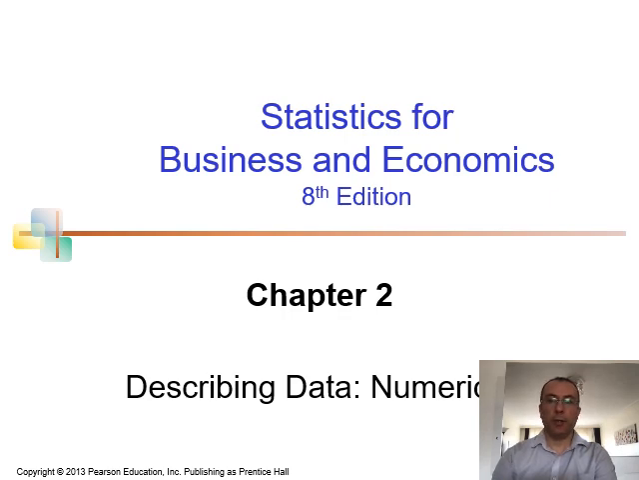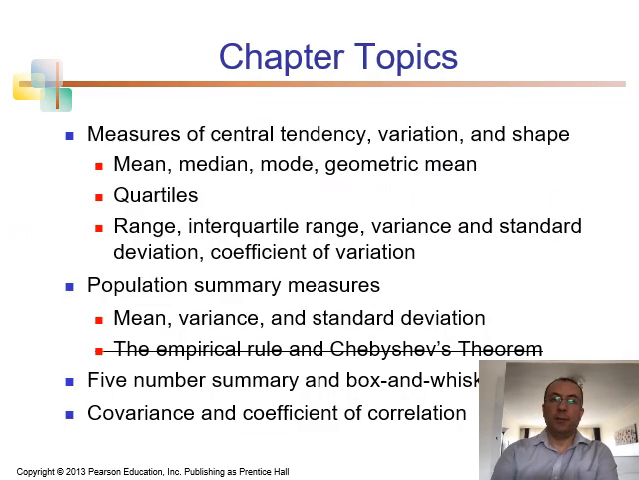Hello everyone. In today's lecture, we will go over Chapter 2, describing data in numerical ways. Specifically, we will look at the measures of central tendency, variation, and shape. Central tendency means the statistics that show the center of the data, such as mean, median, mode, and geometric mean. Variation and shape are usually about things like quartiles, range, interquartile range, and we will also learn variance, standard